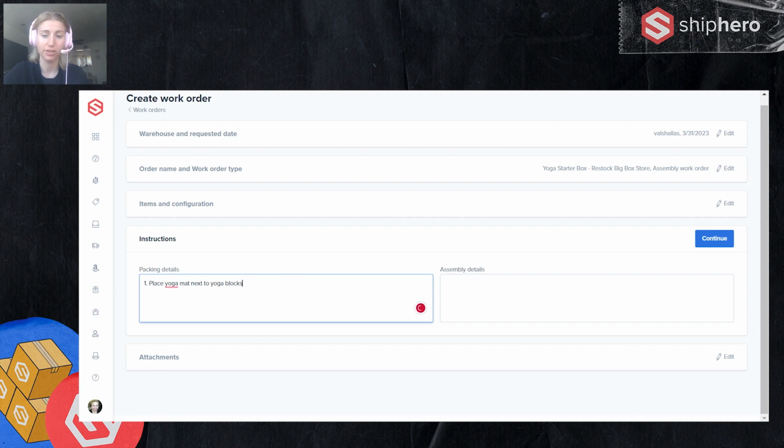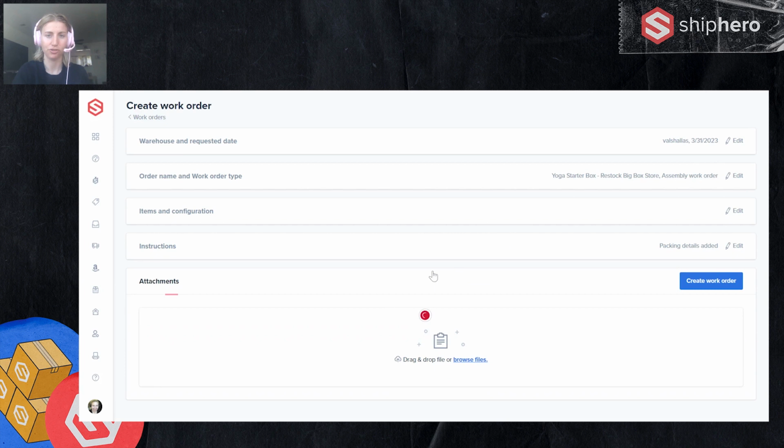And then you can do attachments. So if this is a work order you might be requesting a lot, it may be easier to have all your instructions saved in like a PDF of sorts. And that way you could just upload it and all of the instructions are there. And if it's something more complex, you can put pictures of what it should look like done, especially if this is for maybe a client that has very specific requirements. They want the label faced up and they want it placed. You can put a picture of exactly what it should look like. And that way your team can reference it. The attachments will be very useful for cases like that. But again, it's optional. You don't have to do attachments if you don't want.